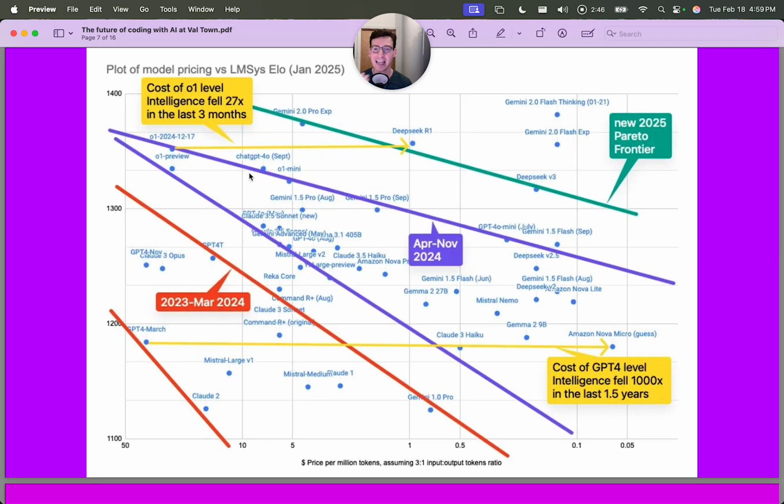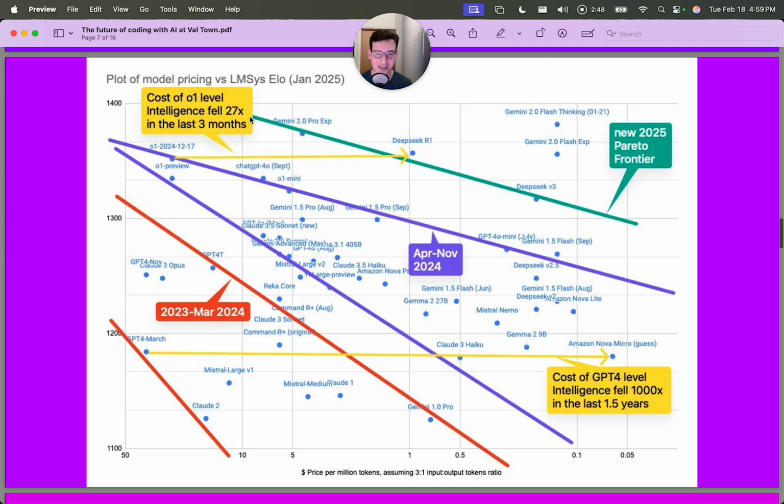We're at like in the last 3 months, the cost of O1 level intelligence fell 27 times. We're just talking about cost here. In a year and a half, the cost of GPT-4 level intelligence dropped 1,000x. It seems like the run rate is like 100x, like predictable cost for same level of intelligence per year. For context,